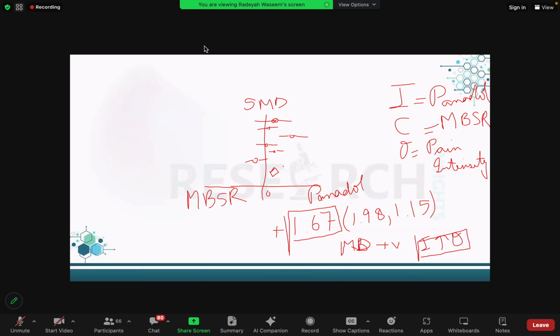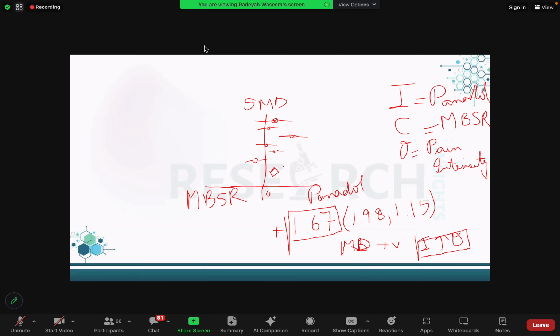What I'm actually trying to imply by this example is that it's not important that your intervention group is always better than the control group. Your intervention group is increasing the pain intensity compared to the control group, so you could get these types of results as well. That is what I meant to imply by giving this example. Don't get confused. Don't label your forest plot thinking that your intervention group will always be better than the control group.